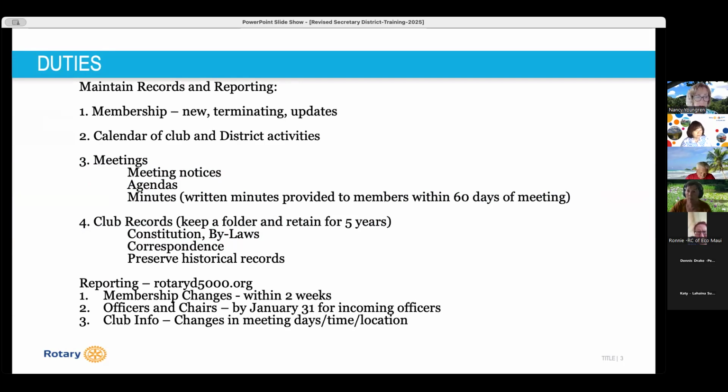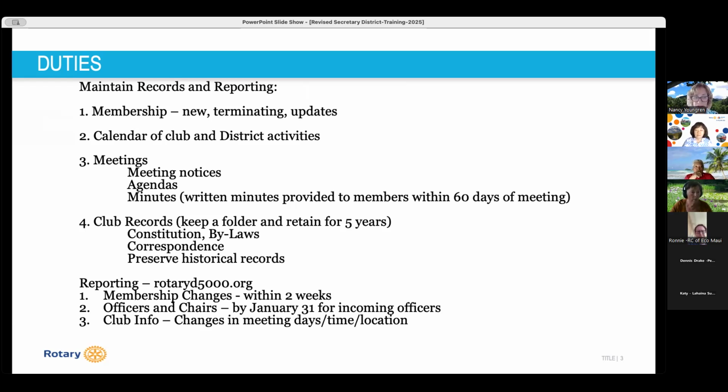Whenever there's a new member, a terminating member, any kind of membership information, you will be updating your club website. Now, if your club website is already using Club Runner, you're golden because then it's already in the district website. If your club website does not use Club Runner, you will need to go to Club Runner to update membership information. We'll be going through the ways to do that in the course of this presentation.